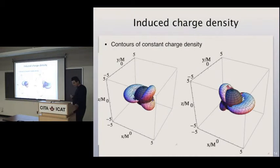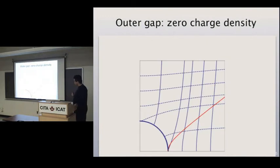The angular and radial dependencies are quite complicated and messy. So what I plot here is the contours of constant charge density, positive and negative. Magnetic field is along Z, motion is along X, electric field is along Y. So there are somewhat complicated surfaces of constant charge density. What is interesting,